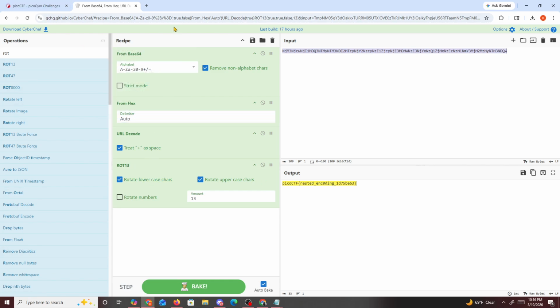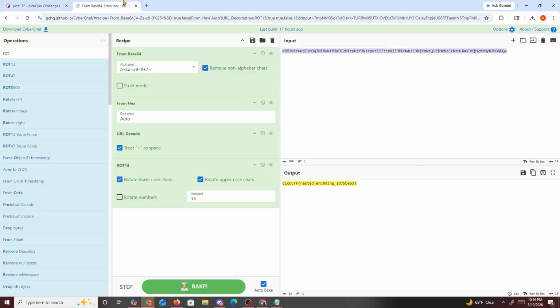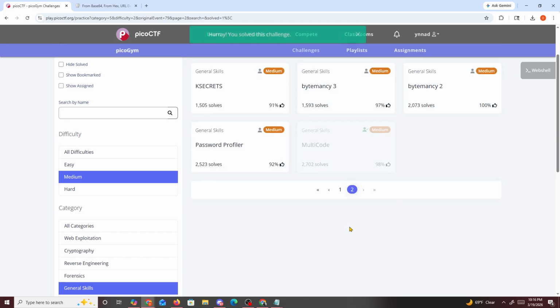The only reason we were able to pick all these 4 is because if you look at the hint, it tells us what it's using. So now all we need to do is copy this and paste it right here, and that should give us the flag. So yeah,